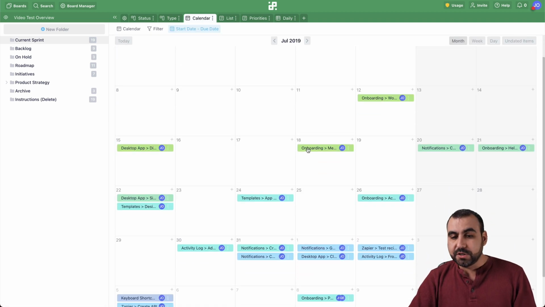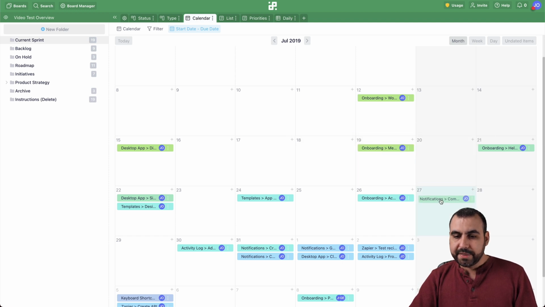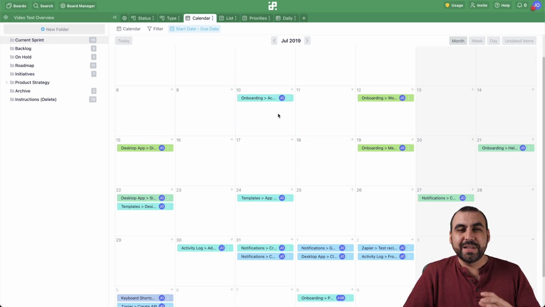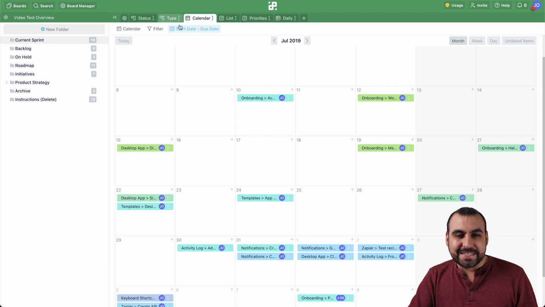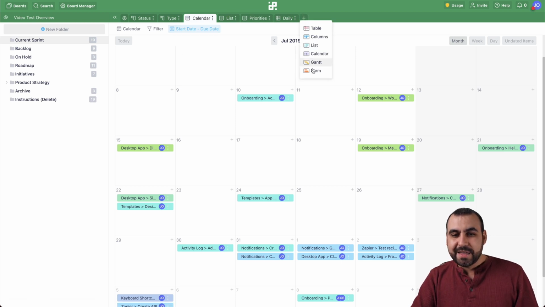We have the calendar view also, and again, you can drag these if you need to right there. Just switch up the dates. Again, this might not even make sense that I'm doing all of this, but it's to show you that it's really flexible in that sense. Now, one of the cool things that I like, so let's create a brand new tab right here, is the